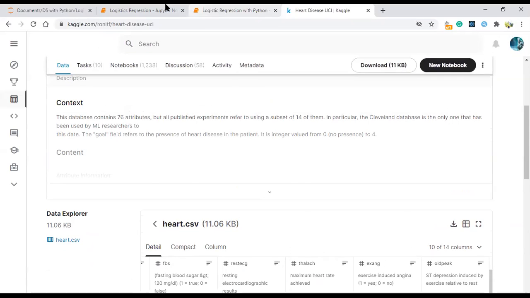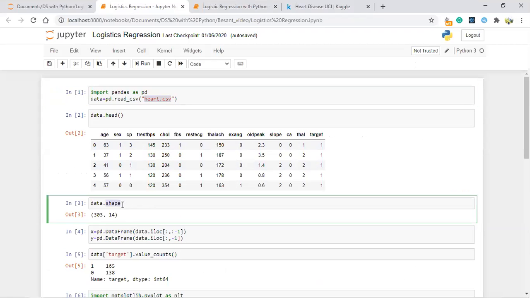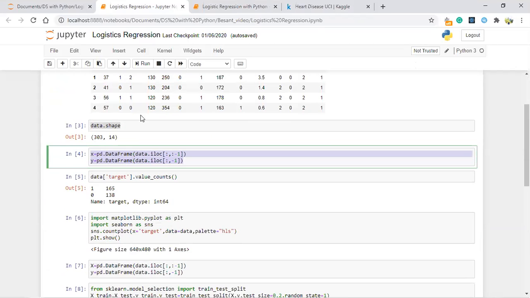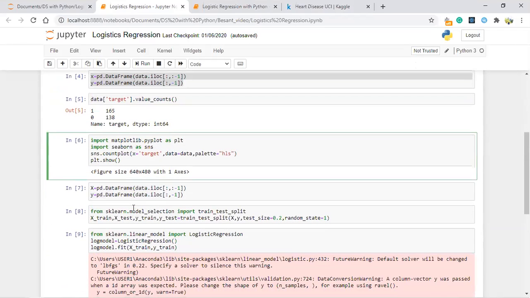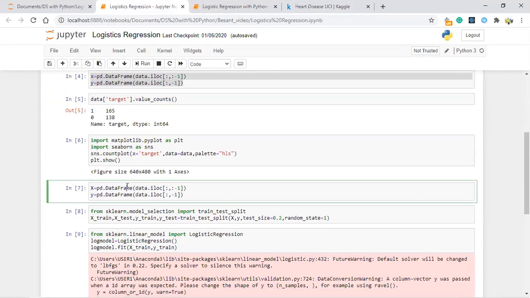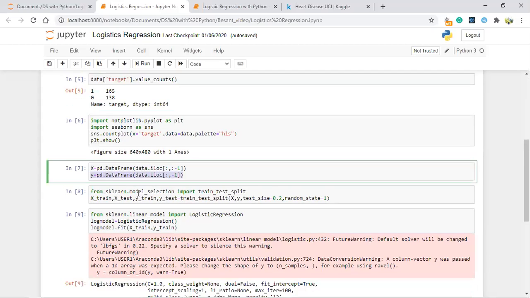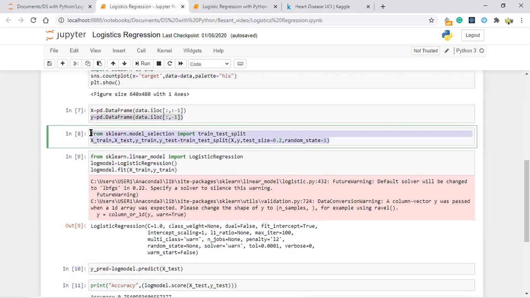When you get this data set, now you have the data.shape: total 303 rows and 14 columns, and I'm making X and Y. So this is all pandas, and I'm using matplotlib. You guys need to handle all this. I take my dependent and independent variables, and after I define them, I make the training and testing split.